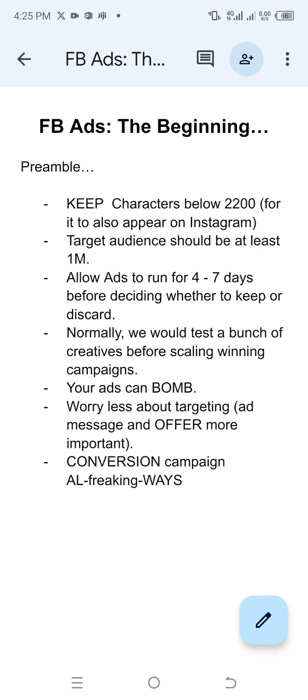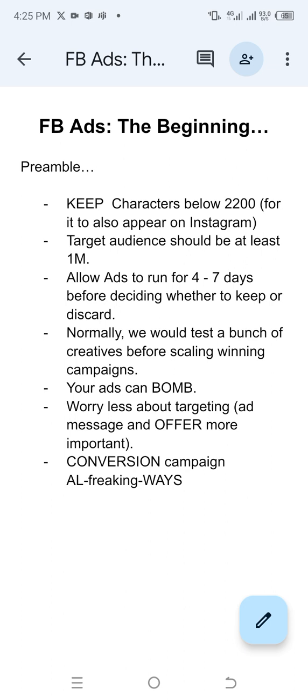You also want to allow your ads to run for between 4 and 7 days before deciding whether to keep or discard. One thing I've seen a lot of people do, a lot of marketing groups, is start running ads, and just the first day, maybe the ad has been running for 18 hours, and no sale. The ad looks like it's not performing well, and then they come crying in these marketing groups,